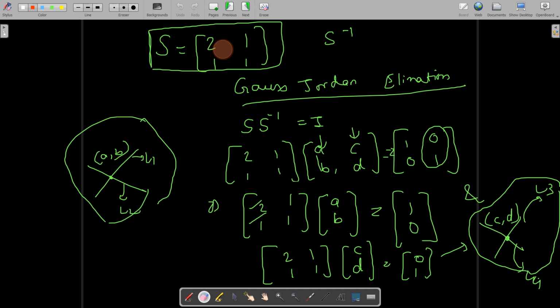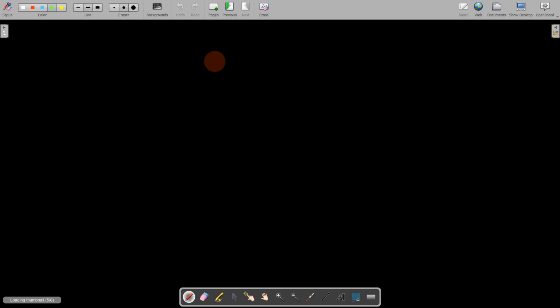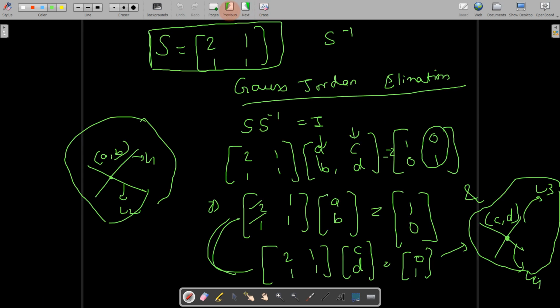Okay. Now let us move on to using the Gauss-Jordan elimination method to solve these two equations in a combined manner. So we will combine the elimination process for these four lines into a single step. So what we will do is, we will write the augmented matrix. That means we will remove this A, B, C, D. We will write only the A part. A part is same for